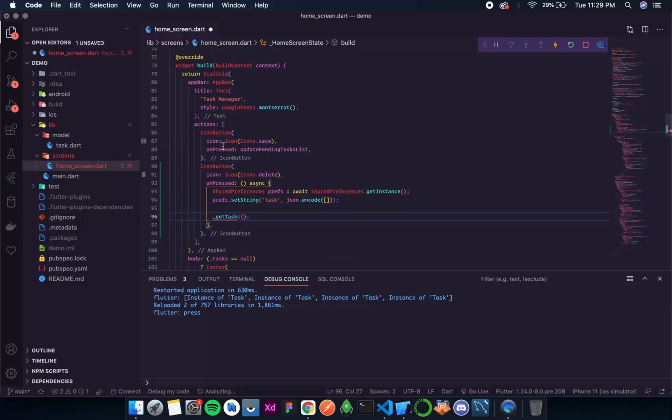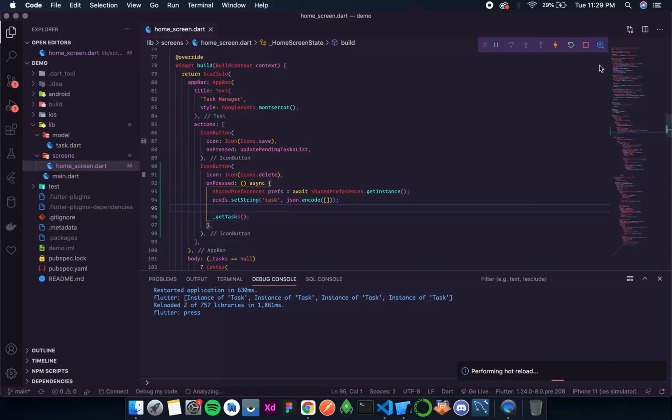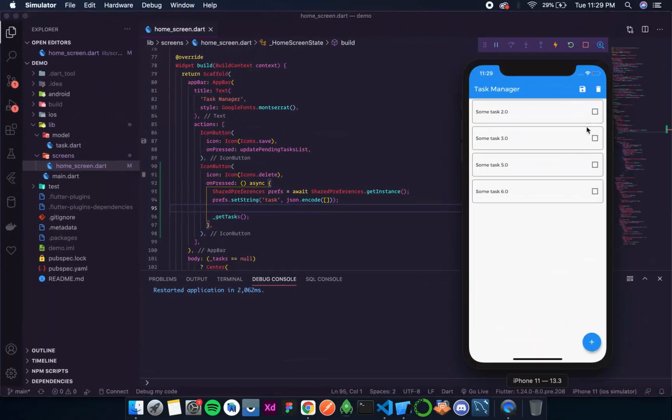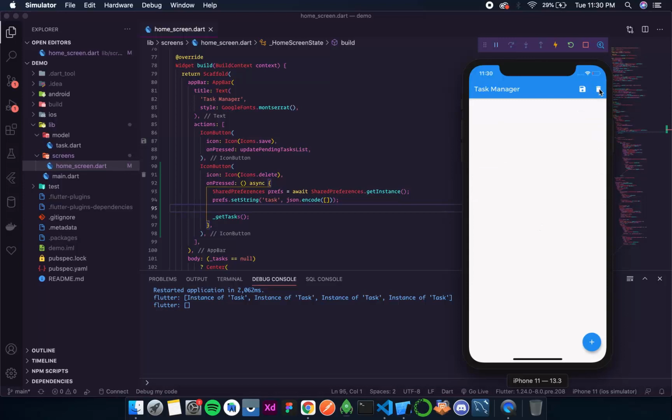So now let's format this and save this, and let's see if this works or not. So I get 4 tasks. Now if I click on this delete button, everything should be gone. And yep, it is working, meaning I can clear all the tasks at once, or mark them done at once. You can call it whatever you like.